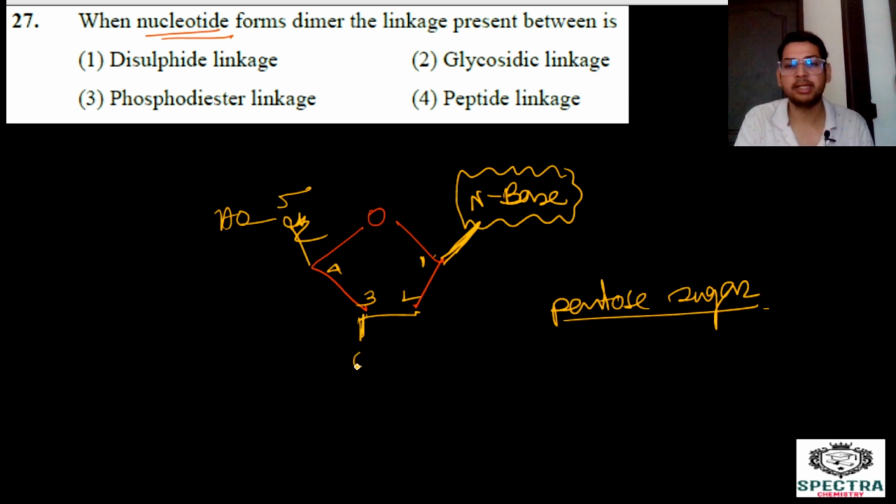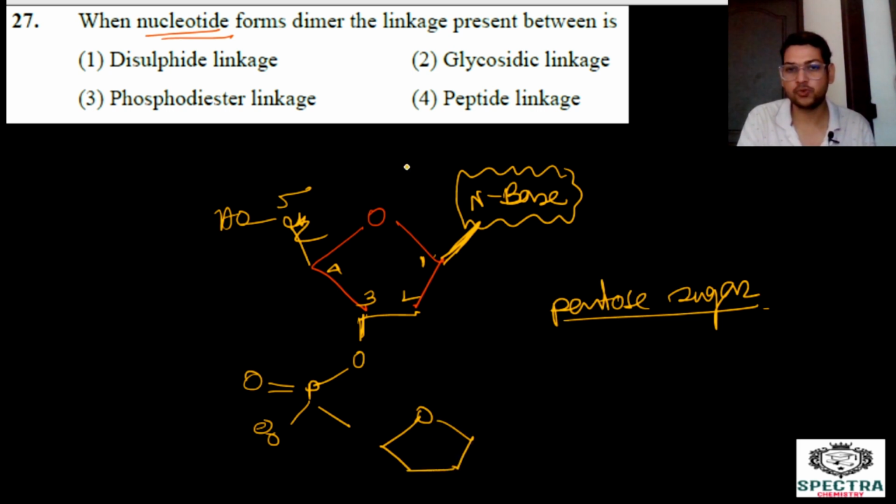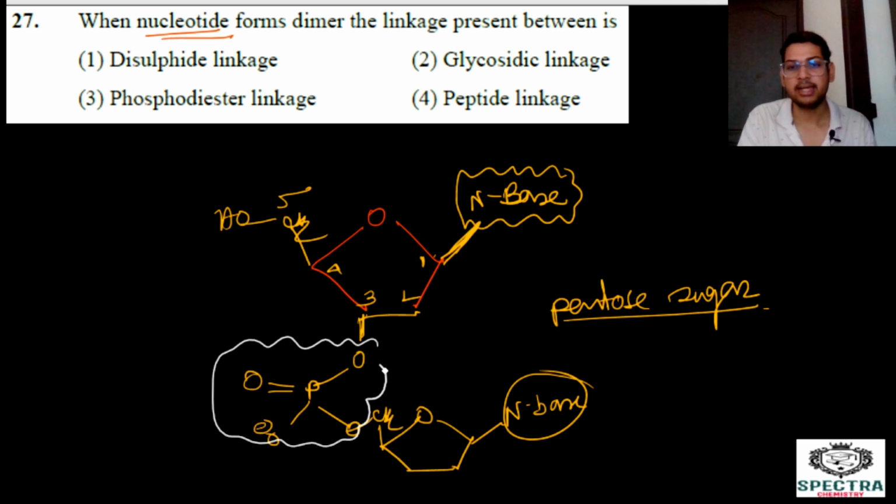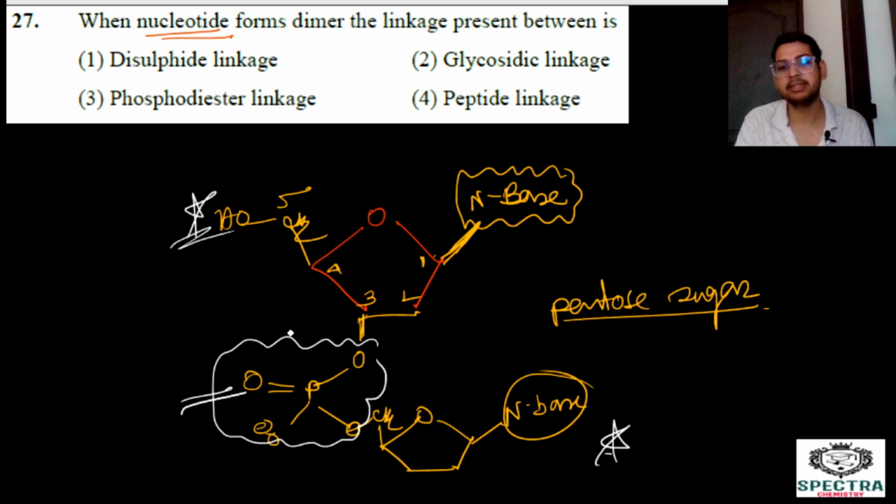With carbon number 3 you have this kind of group, and with that the other nucleotide is bonded. So you see, this is the pentose sugar and here this phosphate group is actually binding the other molecule. Here again there is a nitrogen base. So the question is regarding this linkage. The first one is a nucleotide and this is a nucleotide. These two nucleotides are bound by this group. So this group is called phosphodiester